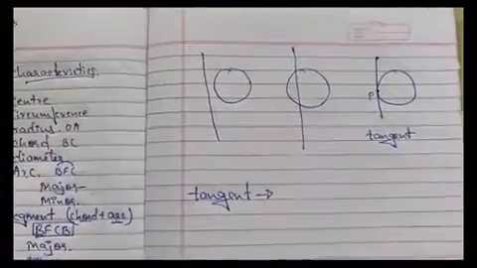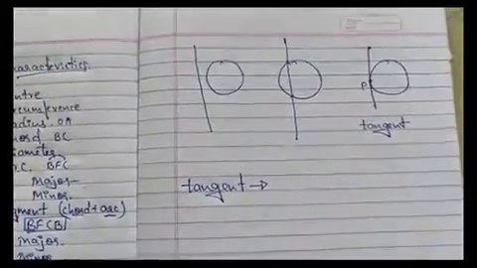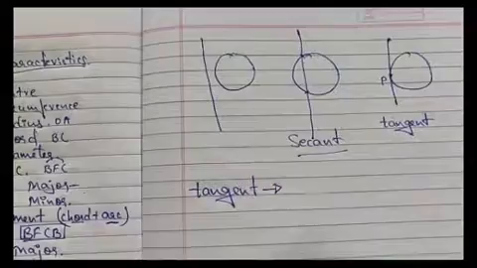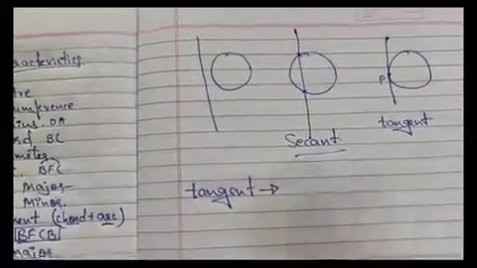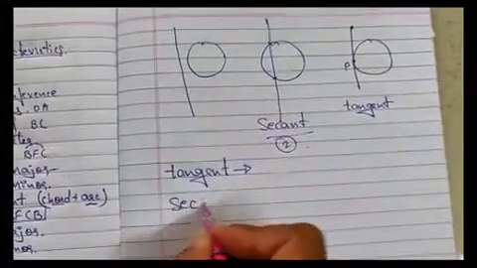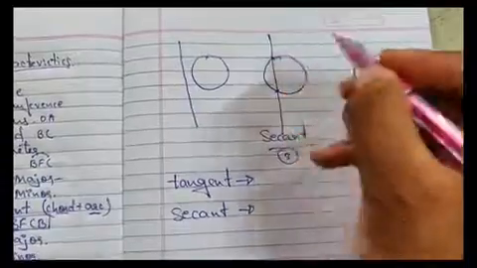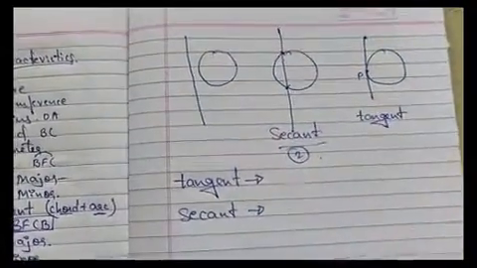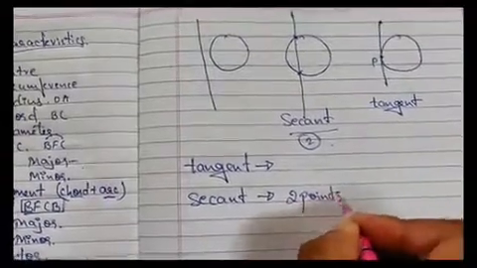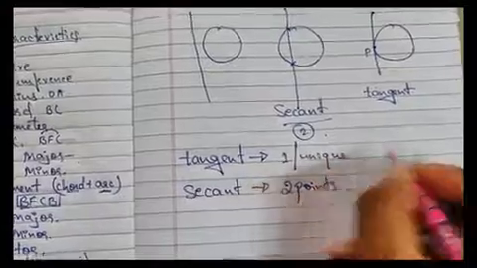What do we call this line segment which is passing through 2 points? We call it a secant. Secant means 2, so as we call it 2, it is called a secant. It is also a line segment which is meeting the circle at 2 distinct points, meaning 2 different points. So it meets at 2 distinct points, whereas a tangent meets at one and only one, or unique, point.